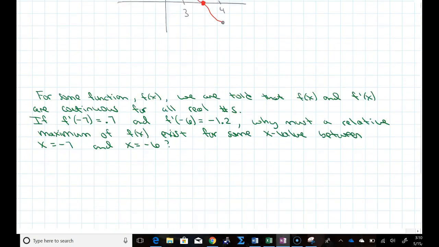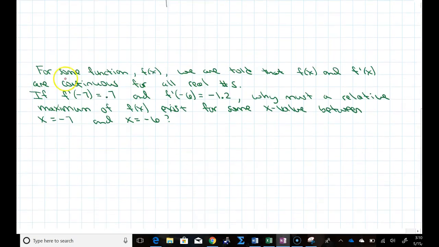Here's another variation of the question I could think of. It says, for some function f of x, we are told that f and its derivative are continuous functions for all real numbers. Okay, that's interesting. So not only is f continuous, the second function, f prime, is also continuous. If f prime of -7 equals 0.7, and f prime of negative 6 equals negative 1.2,